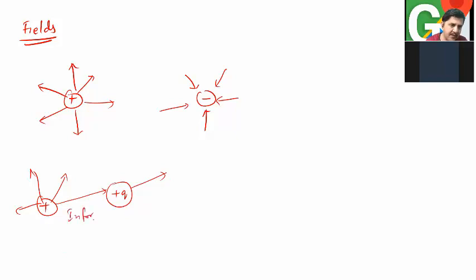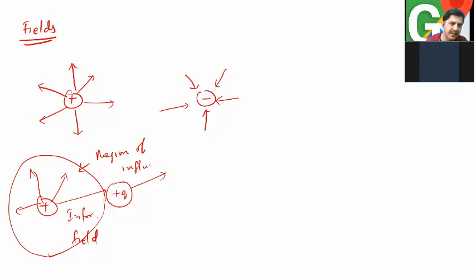The information that it conveys without connecting a string or a spring or any digital meter between them is known as a field. In other words, the moment I put a positive charge here, this creates a region of influence. And this region of influence makes this charge understand what is going on here, whether there is a positive charge or a negative charge, and thus immediately it has to move about.